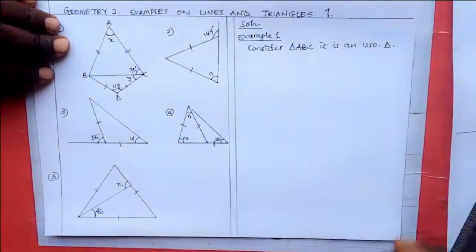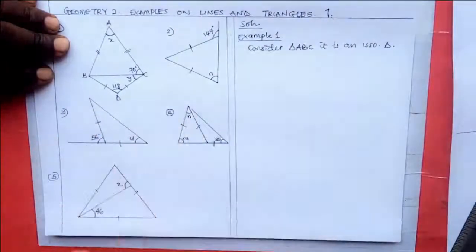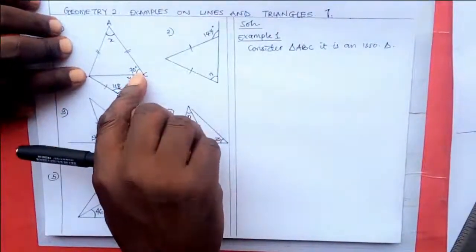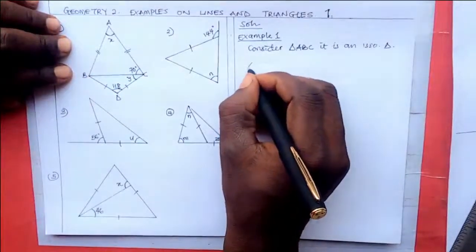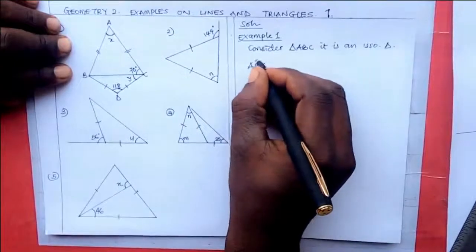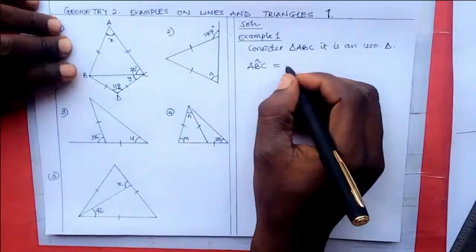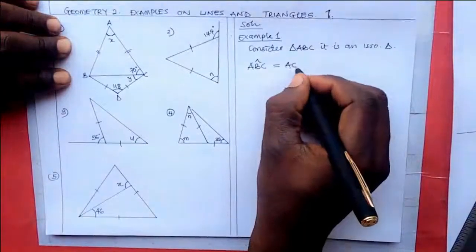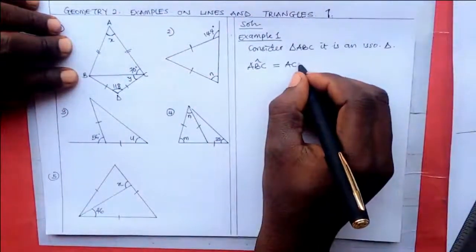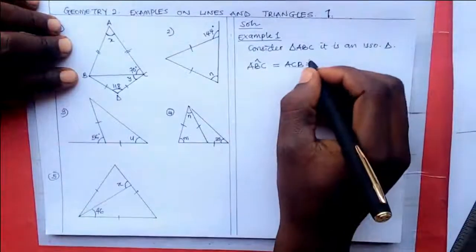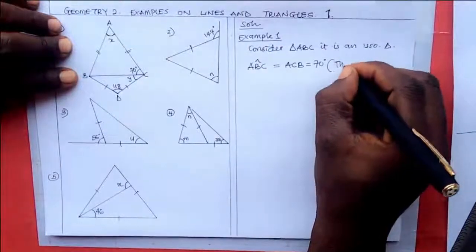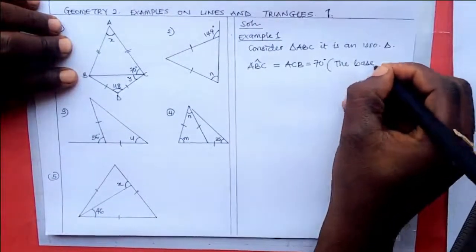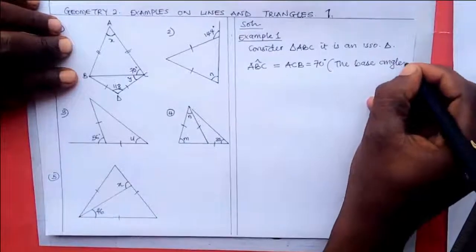So, remember the properties of isosceles triangle. Two sides are equal and two base angles are equal. So if this is 70 degrees, it means this is also 70 degrees. So we have angle ABC must be equal to angle ACB, which is equal to 70 degrees. So why? We said the base angles of